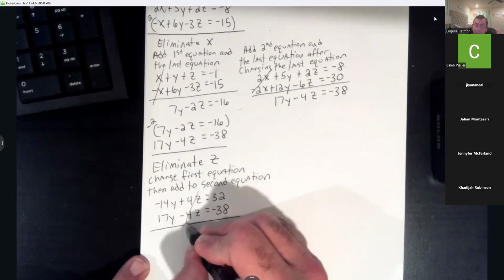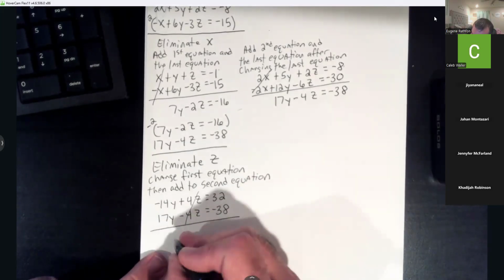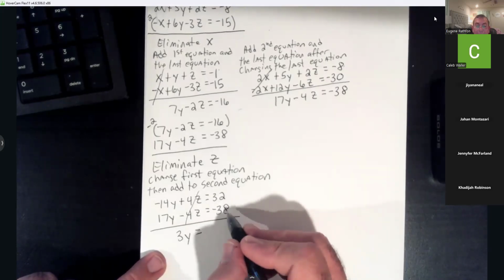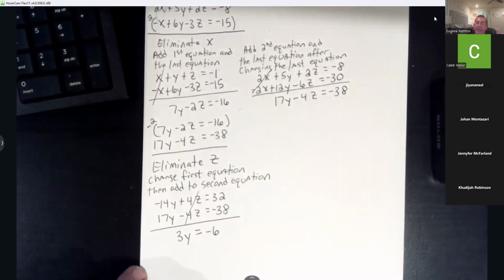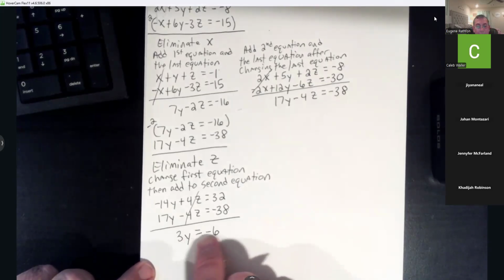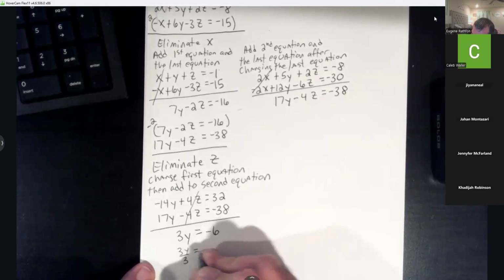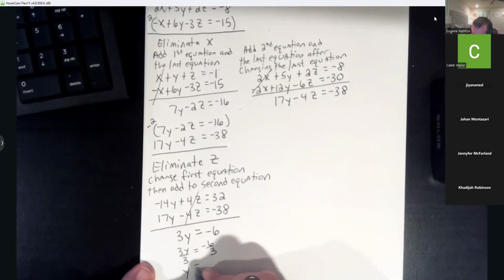Look at that. The z's cancel. So -14 and 17 will give you 3y. 32 minus 38 gives you -6. I can now solve this for the y by dividing both sides by 3. So that gives me y equals